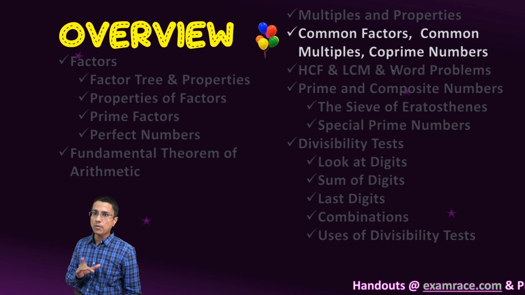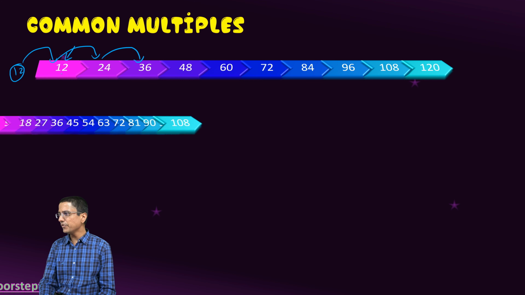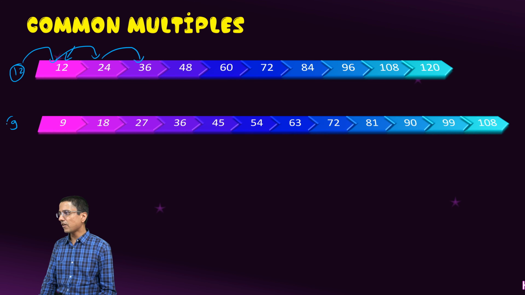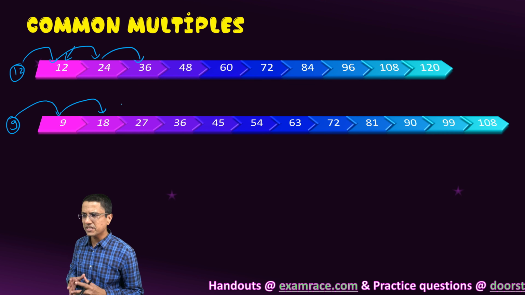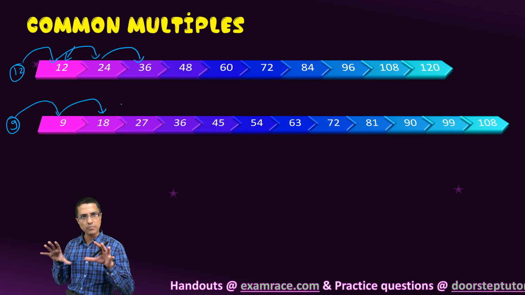What does that mean? Multiples, as we already know, we can write down very simply. They are the numbers as they appear in the table of other numbers. For example, to write the multiples of 12, I simply replicate the table of 12. So it will go as 12 ones are 12, 12 twos are 24, 12 threes are 36, and so on. Similarly, to write down the multiples of 9, I just replicate the table of 9. 9 ones are 9, 9 twos are 18, and so on. Very simple. The concept of multiple itself is very simple.